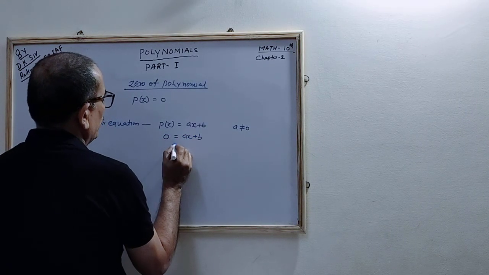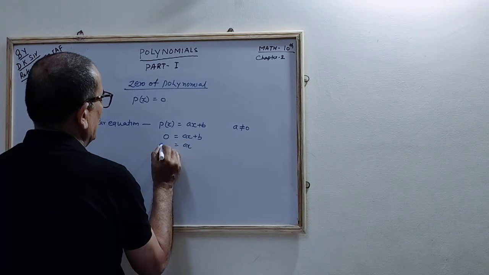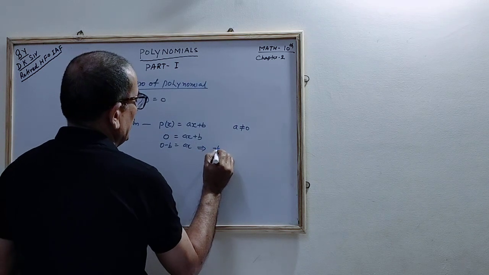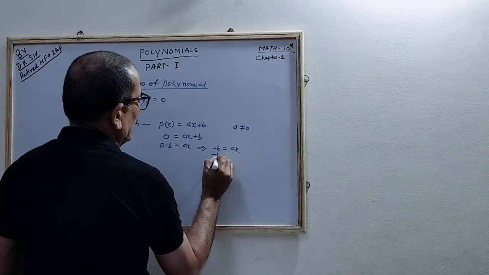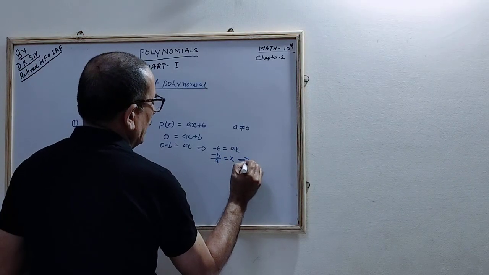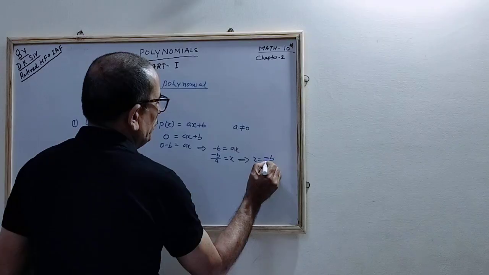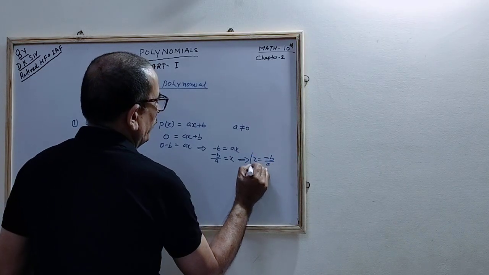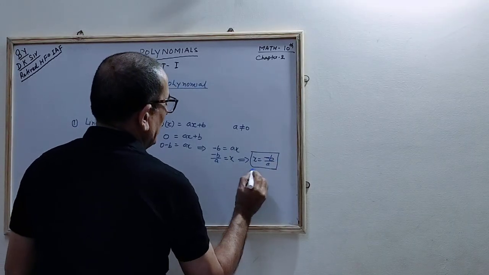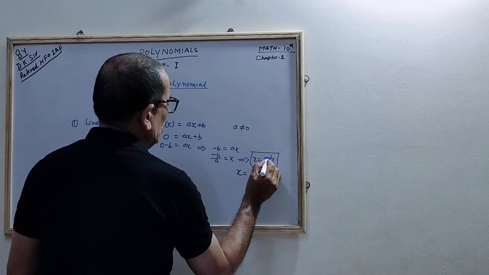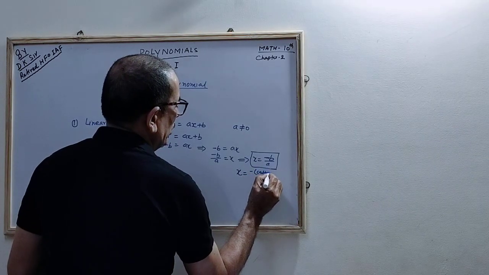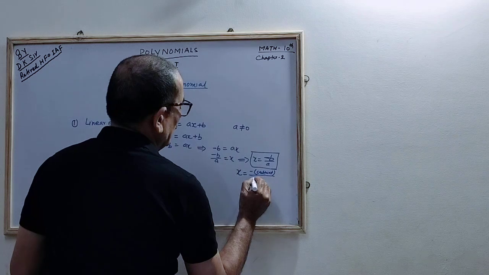So you can write ax is equal to, when b comes to this side, it becomes 0 minus b. So you can write minus b is equal to ax. So minus b by a is equal to x, or you can write x is equal to minus b by a. So this becomes the formula for the linear equation, where minus b means you should understand it is minus the constant of the polynomial by the coefficient